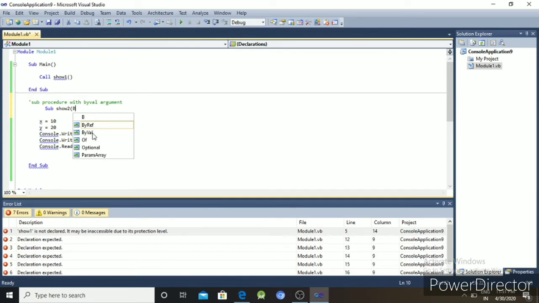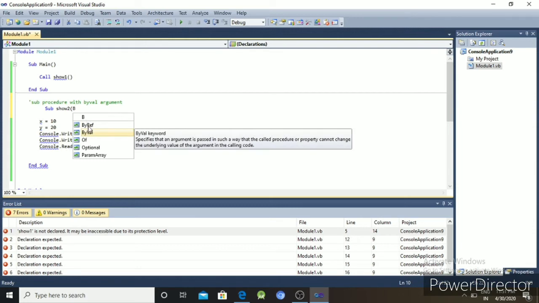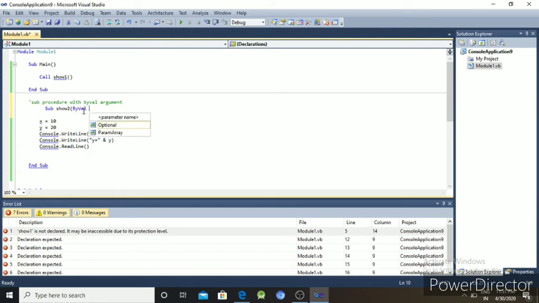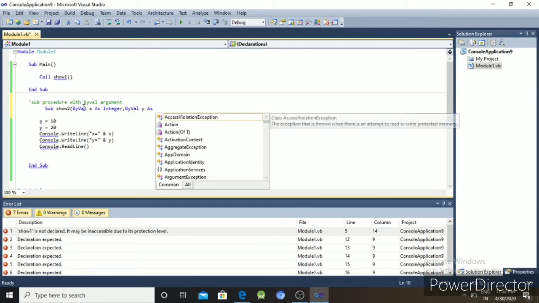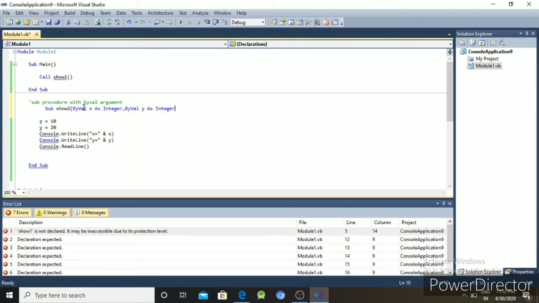But first of all we use ByVal. Then ByVal x As Integer, comma, ByVal y As Integer.